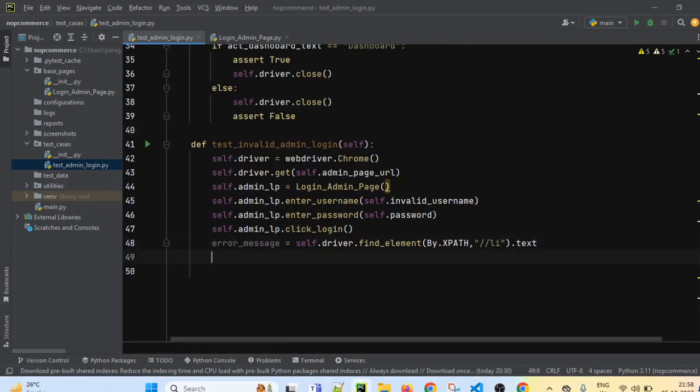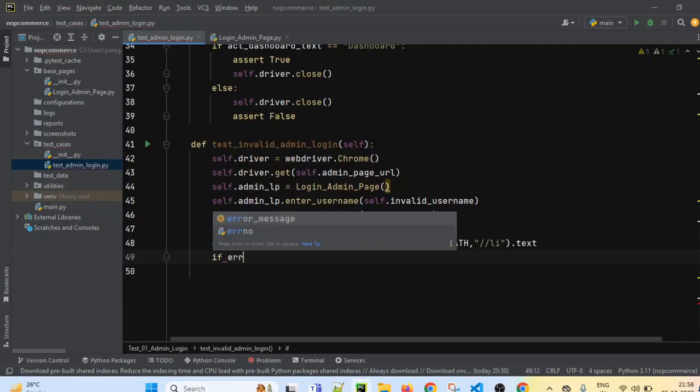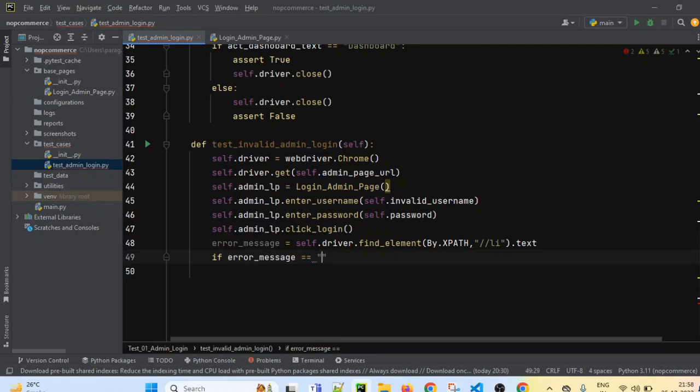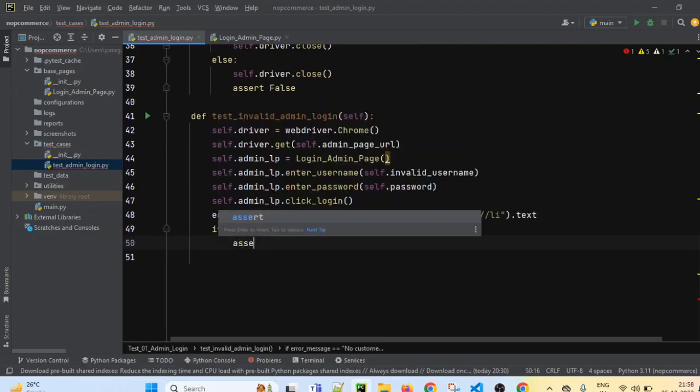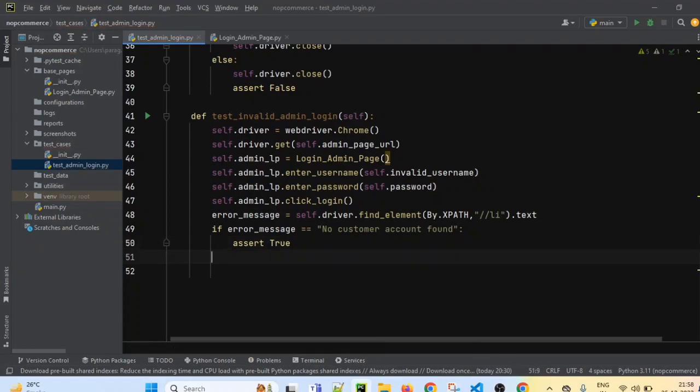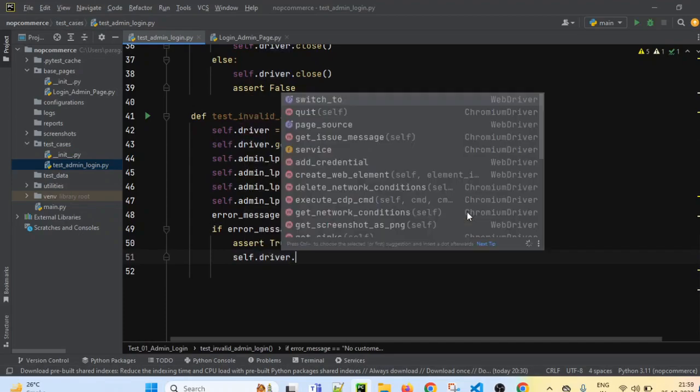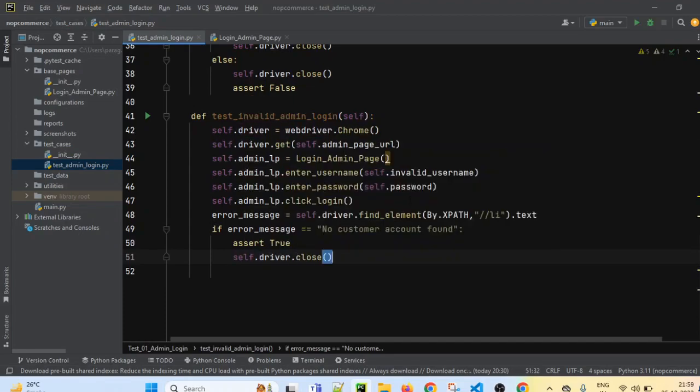And now we can add our if condition. If error message equals to no customer account found, that means assert true, and after asserting true we can close the driver, self.driver.close.